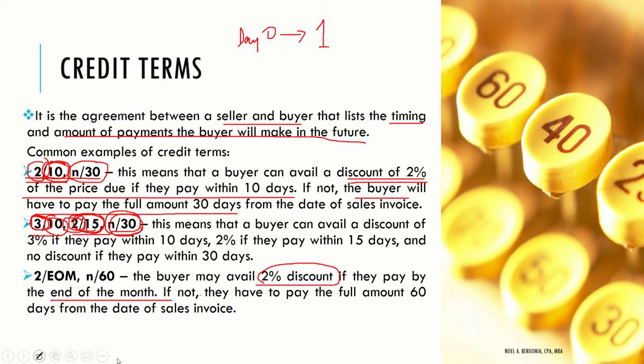So kahit binili yan ng, let's say for example, October, ano ngayon? October, let's say 15, no? October 15, so up to October 31, no, that's the end of the month, you can avail for 2% discount. Pero after the end of the month, then that will be already, no, you are not given the chance to get the 2% discount, but you can pay N over 60, so 60 days po yung due date natin for the full amount of payment.